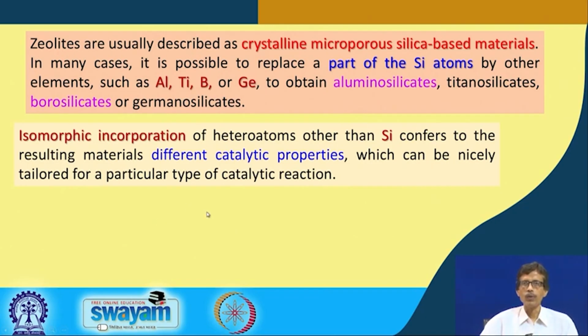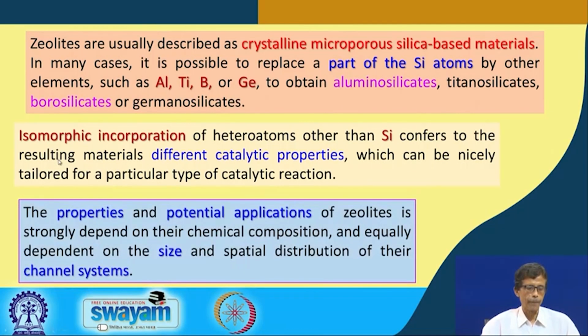So, if we are going for some hydrogenation reaction or solid state transformation from one isomer to the other, one particular type of catalyst in the solid state is useful, but that is based on either aluminum or titanium. So, only that variety of zeolite will be useful for that particular catalytic reaction. Considering the properties and the potential applications, we can make these synthetically. We will see in our next class that we are also able to make them